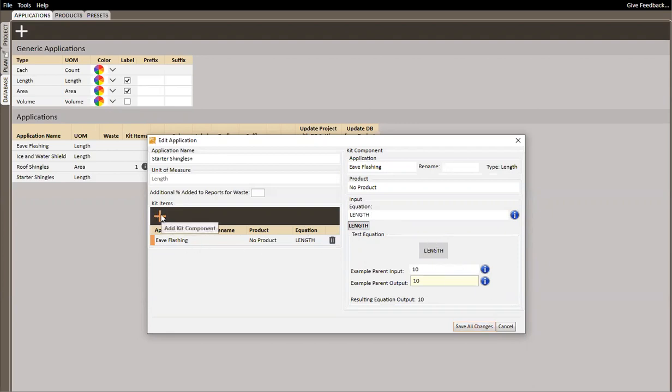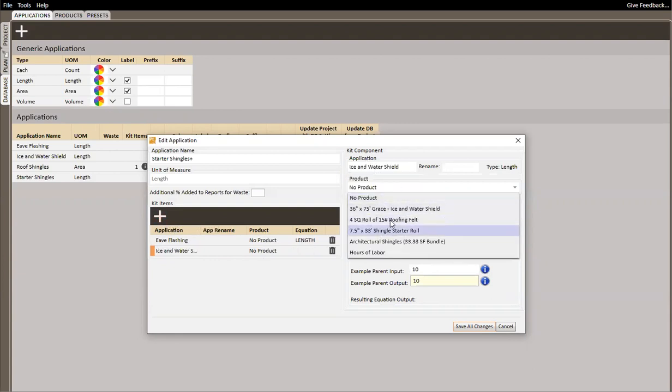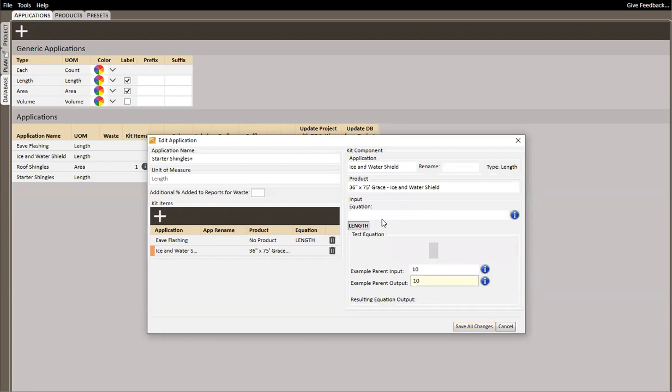So now I'm going to add another one. In this case, I want to add the ice and water shield. So I'm going to pick the ice and water shield application. I'm going to pick the 36-inch by 7-foot Grace ice and water shield product that I've created. Again, I'm going to pick the length from the parent item, but let's say in this case that I have